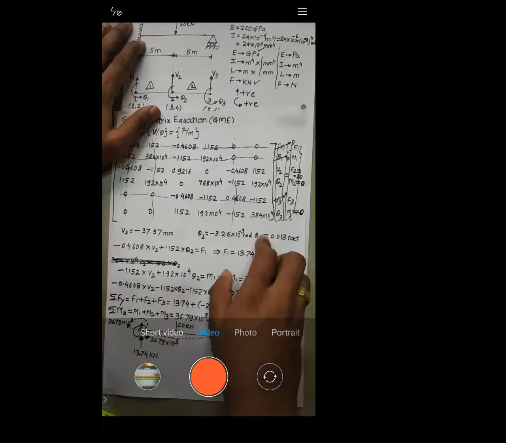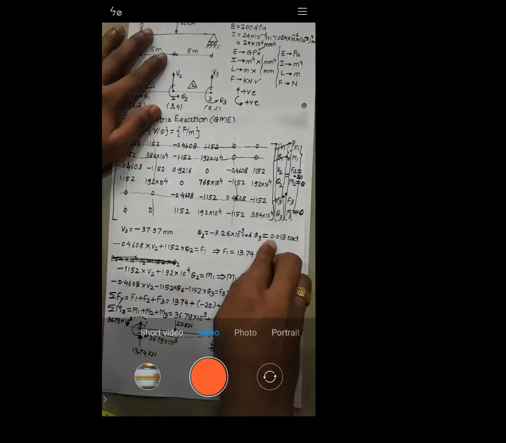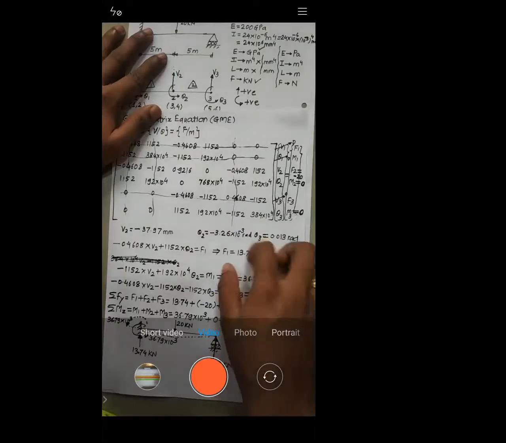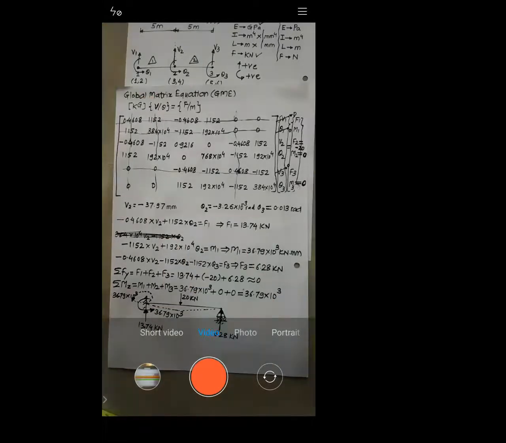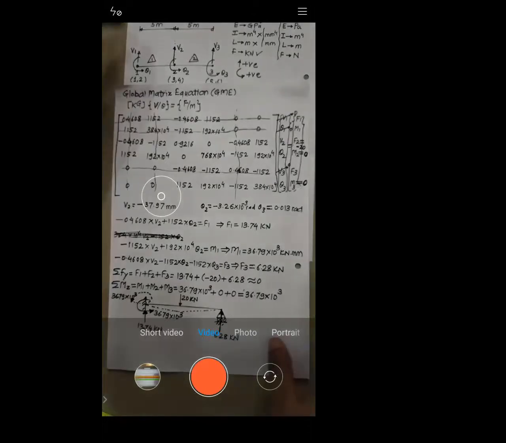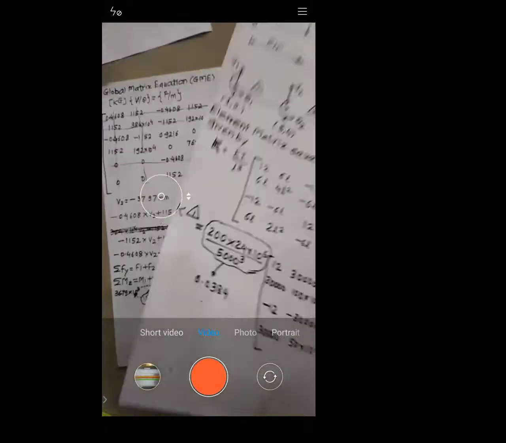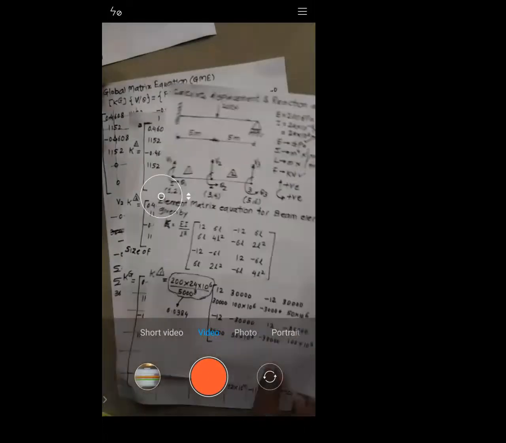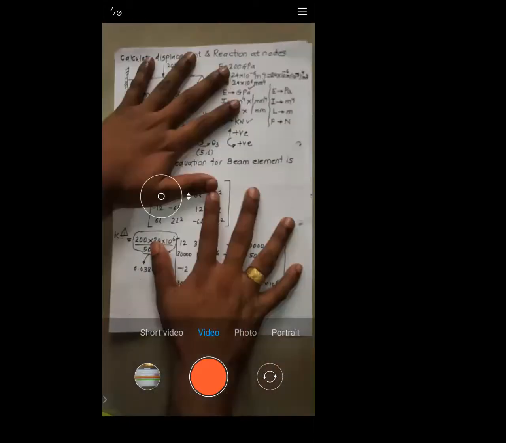But check for theta 3. Theta 3 is anti-clockwise, that is positive, and here it is again coming positive. So the direction I assumed is correct. The assumption is right. Is it okay with this one or not? Let me know. Is it okay to each of you? Understood this problem or not? Yes, sir.